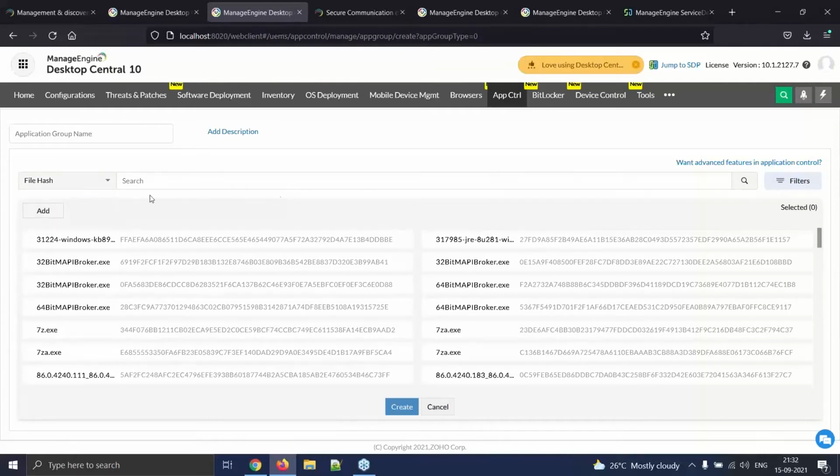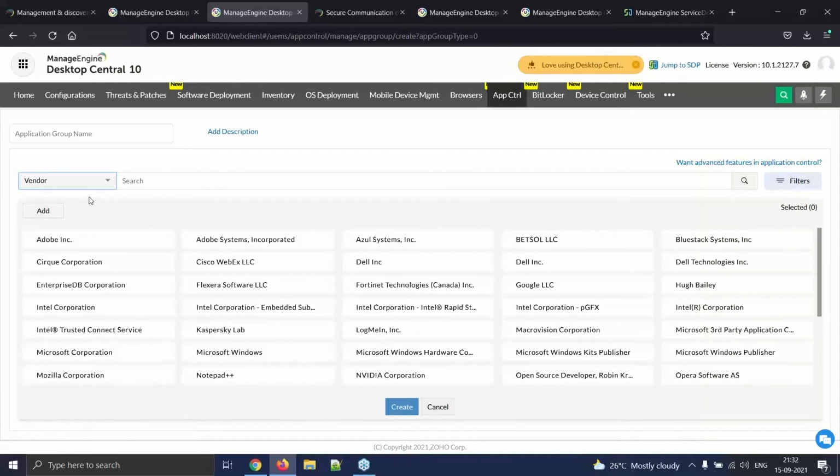Simple example: I'm going to go with vendor because I'm going to allow a certain vendor rather than going with a hash value, because as you know, hash values change with every update. So I'm going to choose Adobe, some of the Microsoft applications, and my antivirus,